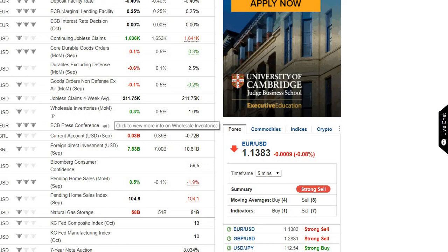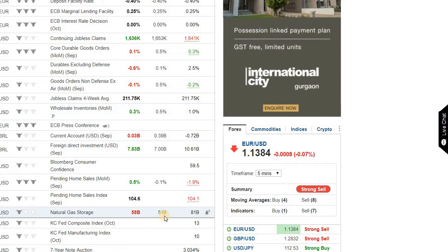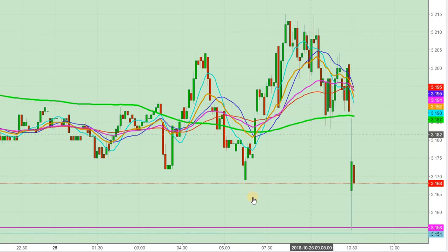Here you can see that natural gas inventory has just been announced 4 minutes back. No doubt that natural gas inventory is on the bearish side, more than the levels expected for 51 billion. It has been announced as 58 billion, but I will compare this inventory with the last inventory, which was of 81 billion. Here you can see a sharp downward move up to